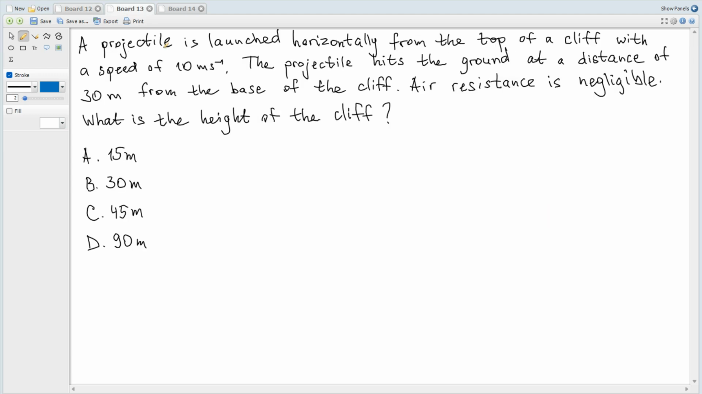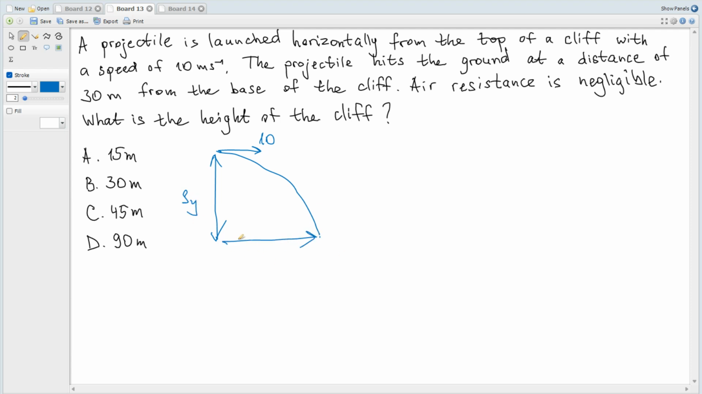The next, a projectile is launched horizontally from the top of a cliff with a speed of 10 meters per second. The projectile hits the ground at a distance of 30 meters from the base of the cliff. Air resistance is negligible. What is the height of the cliff? So the initial velocity is horizontal, and the vertical displacement is this distance, and it's the height of the cliff which is required,